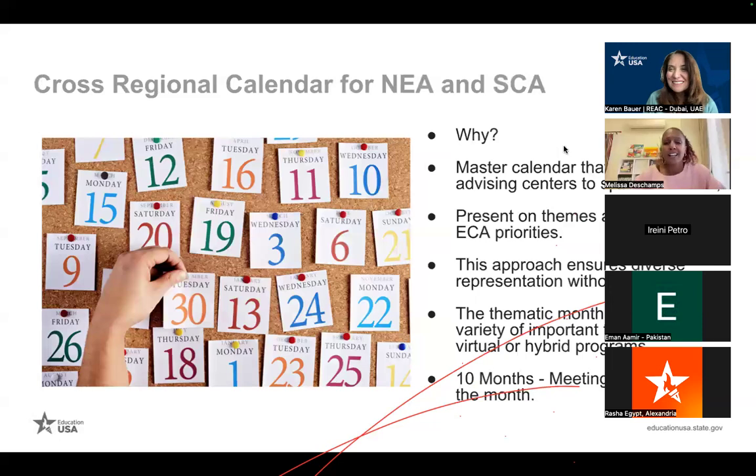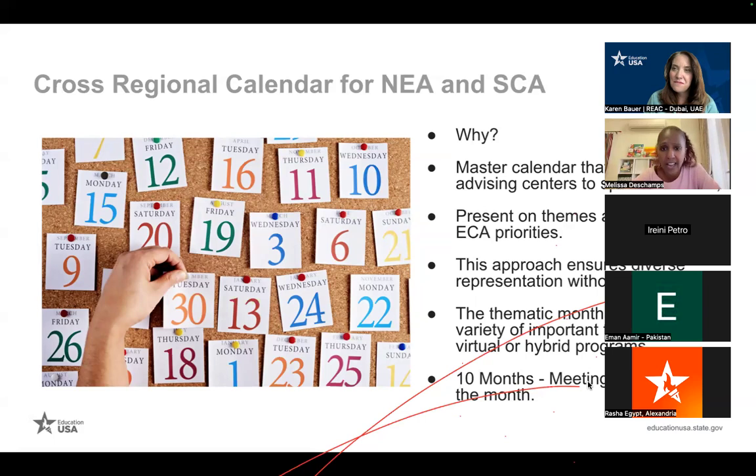Right. So why do we want to do this? Well, the whole point is to work smarter, not harder. And oftentimes the themes that are happening during the different months, really there's a select few topics that we would typically highlight.